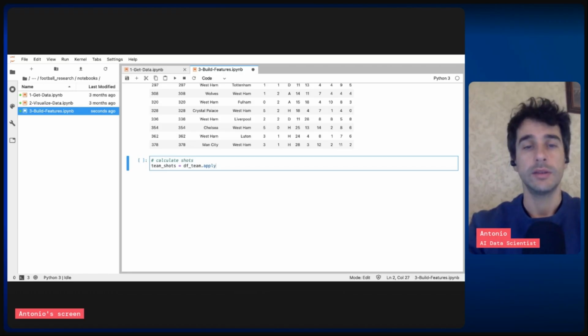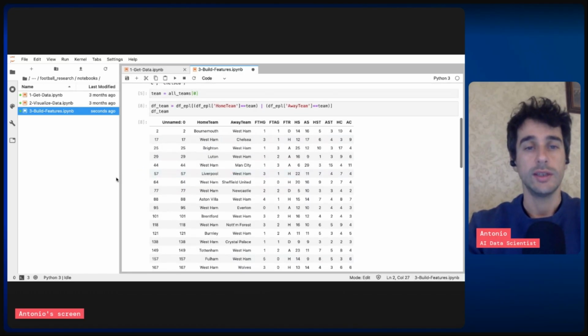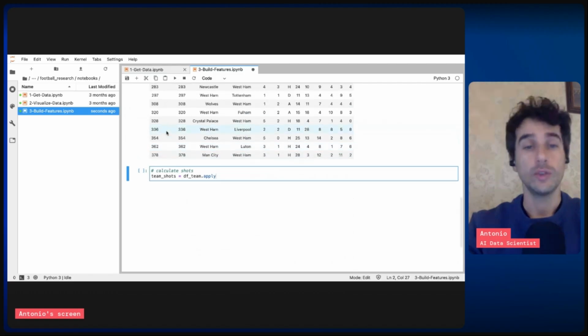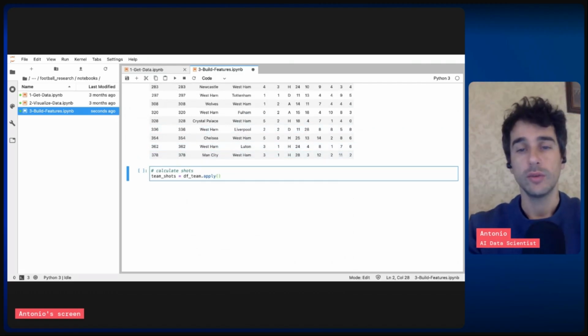We will take the F_team, which is this data frame that we have just created, and to each of the rows we apply a lambda function that will do the following thing. For each row, x represents a row, we'll take XHS, so the home shots,